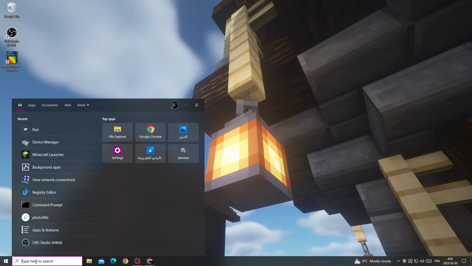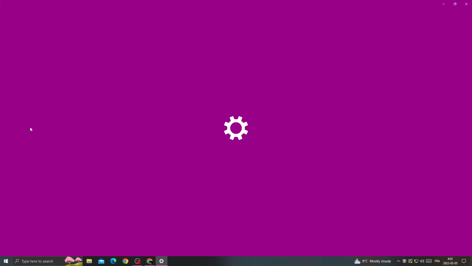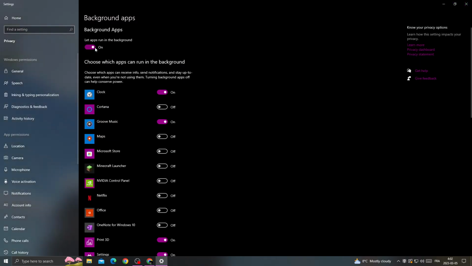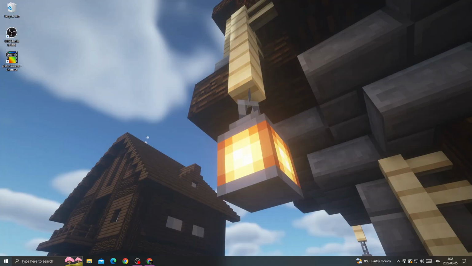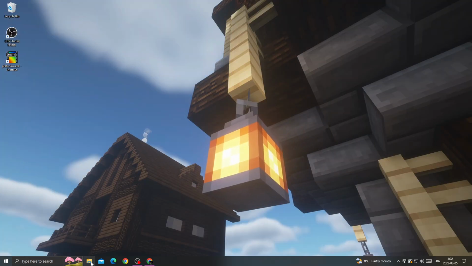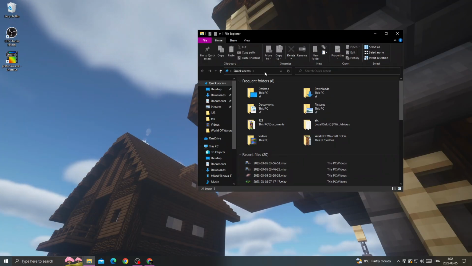Click here, type background apps, click on it, and then make sure to disable this option, or you can just disable Minecraft launcher, and that's it. Then close it, and now open File Explorer and type here